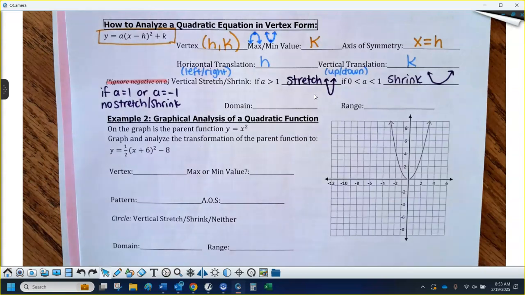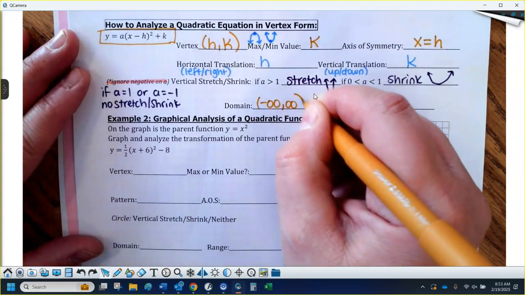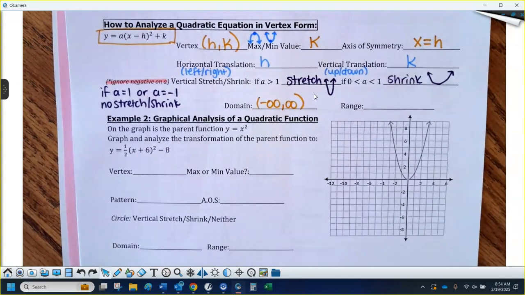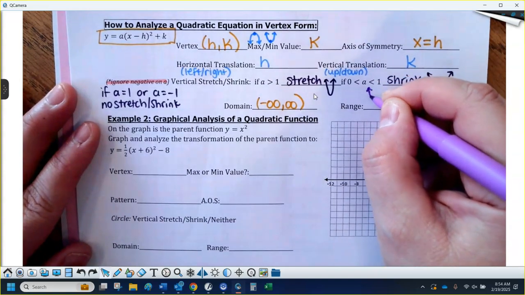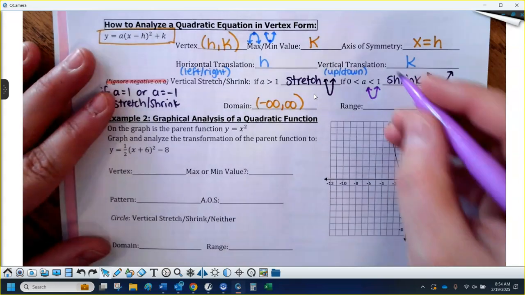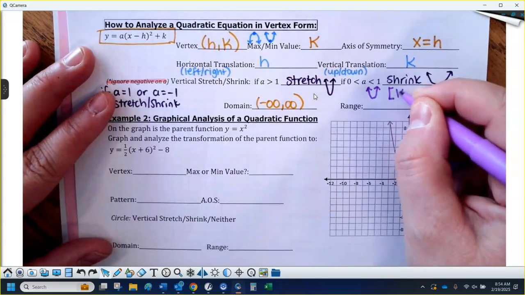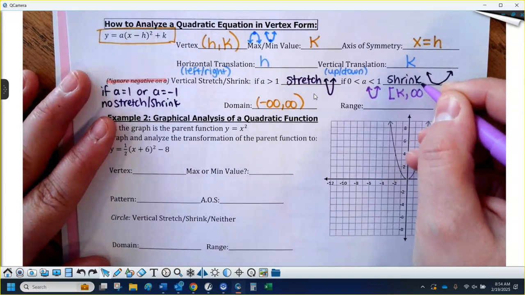Okay, now domain. I told you this on the first couple questions. Absolutely no matter what, for any parabola, whether it turns right side up or upside down, it's going to be negative infinity to infinity. Okay, I'm going to use 2 different colors here. So if the graph goes right side up, your range will start with the y-coordinate of the vertex, which is k, in that vertex form, and then it goes up forever, and so it'll go to positive